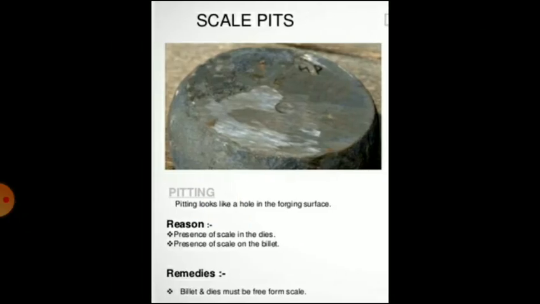the pitting, the scale pits. Pitting of the forged surface is caused by scale which, if not removed thoroughly from the die cavities, is worked into the surface of the forging. When the scale is cleaned from the forging, depressions remain, which are known as scale pits. Pitting should be avoided as much as possible during manufacture of forgings by proper control of the furnace and frequent cleaning of dies.